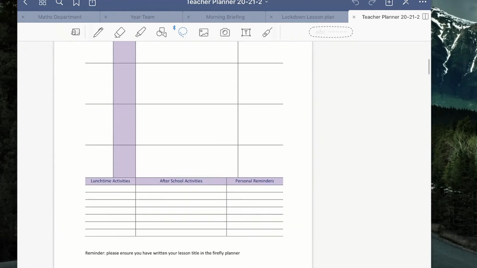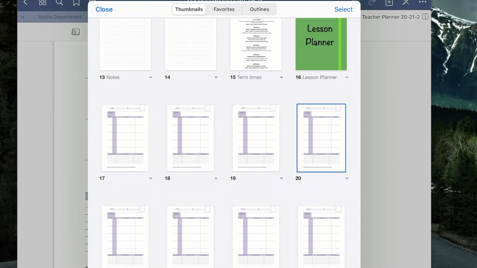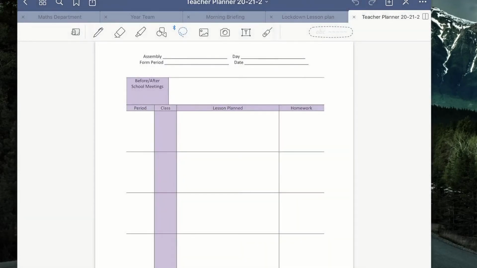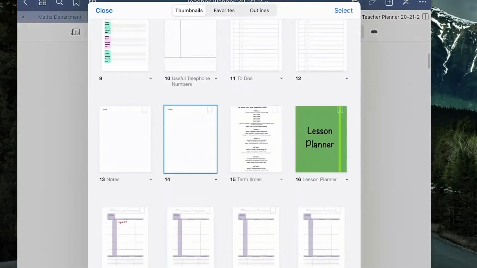Now, there are various different things that are really beneficial with using a digital lesson planner than actually using your regular lesson planner, and there are some real nice conveniences. So I'm just on one of my pages, I'm just going to write a little title. So I've written sequences. Now I'm hoping if I've written this nice and clearly and nice and legible that the GoodNotes app actually understands what I've written, because if I go to some other page, doesn't matter where I am,